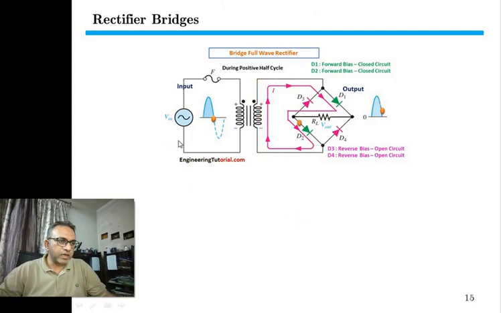So here is our input voltage, it is a sine wave. Here is our transformer. It can be step up transformer, it can be step down transformer, or it can be 1:1 ratio transformer. Then the secondary of the transformer is connected to the rectifier bridge consisting of D1, D2, D3 and D4, and here is the load. This is the load. Now this animation shows the activity